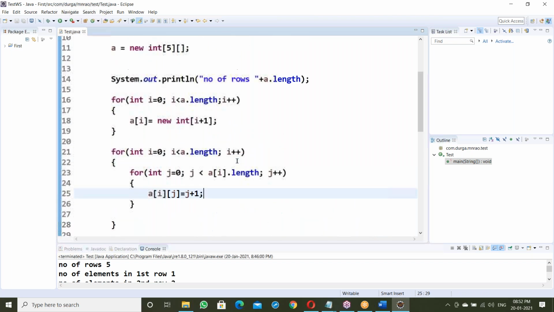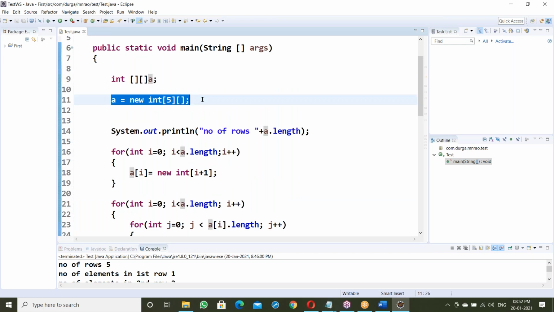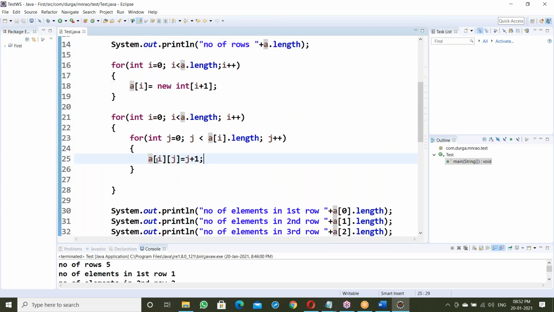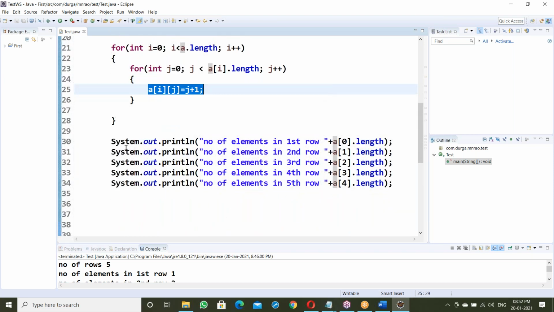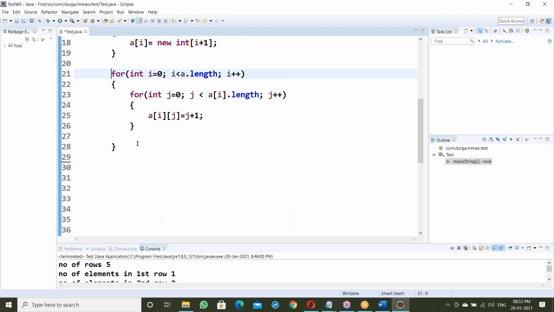So first, declaring that array, a double dimension array. Next, allocating for the number of rows, which means nothing but references. Next, allocating memory for each row, first row, next row, using a for loop. After that, storing values. And this is of course for checking, not necessary here. Let us display it after storing.